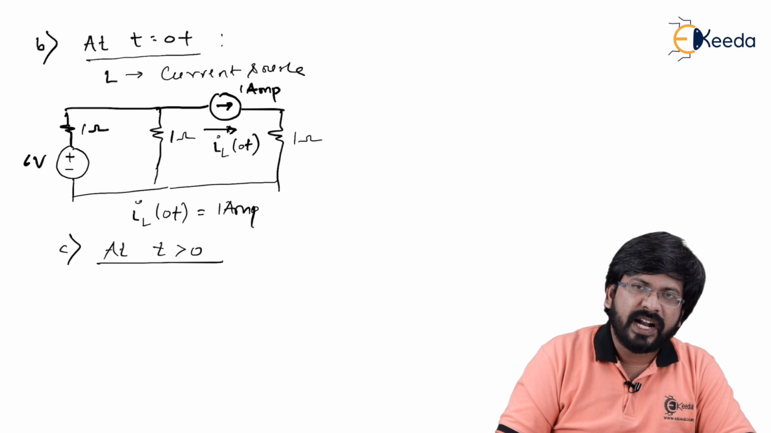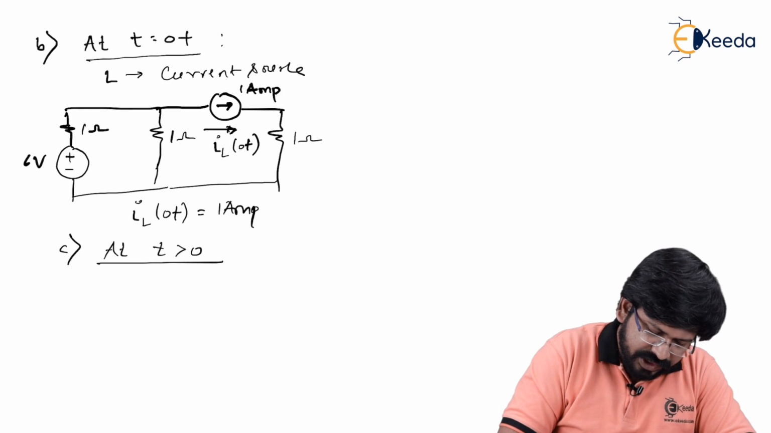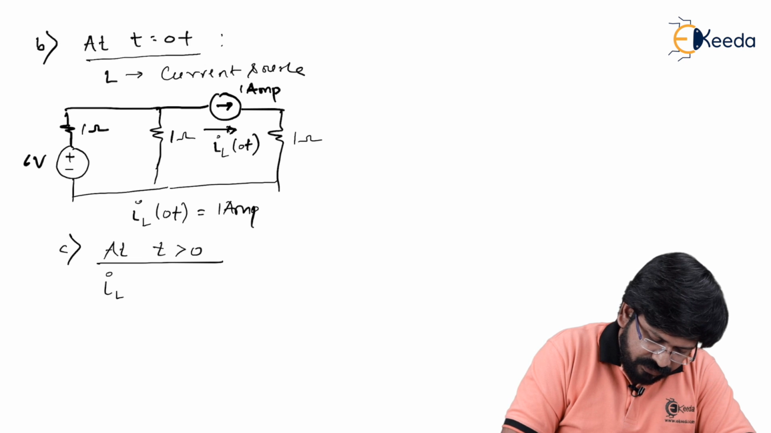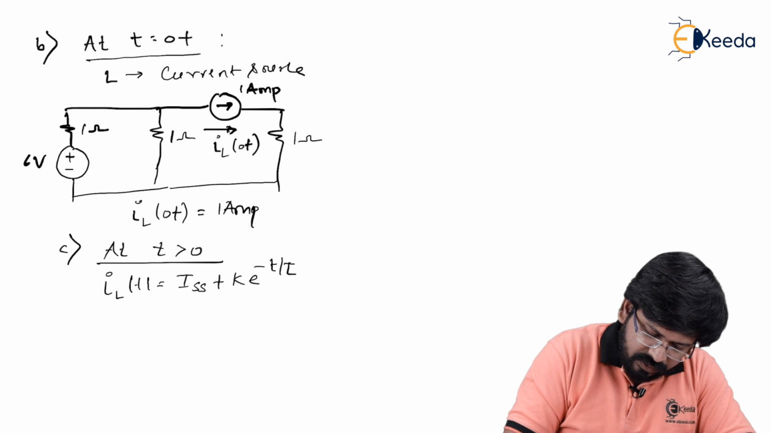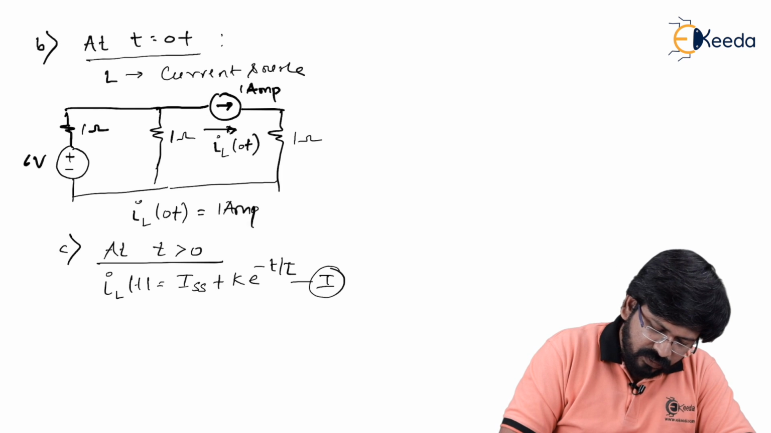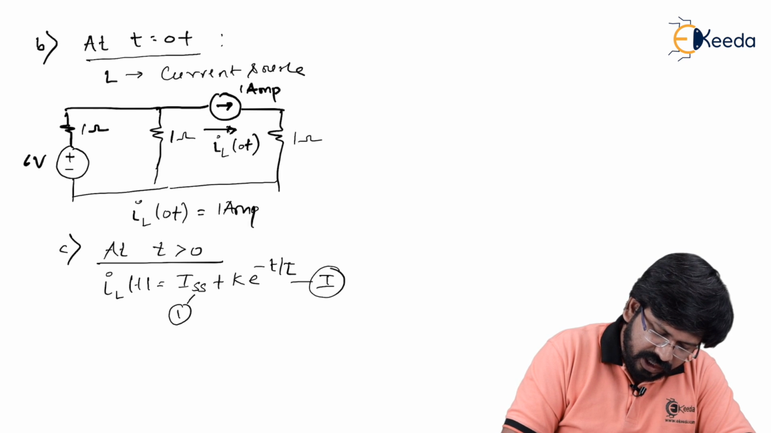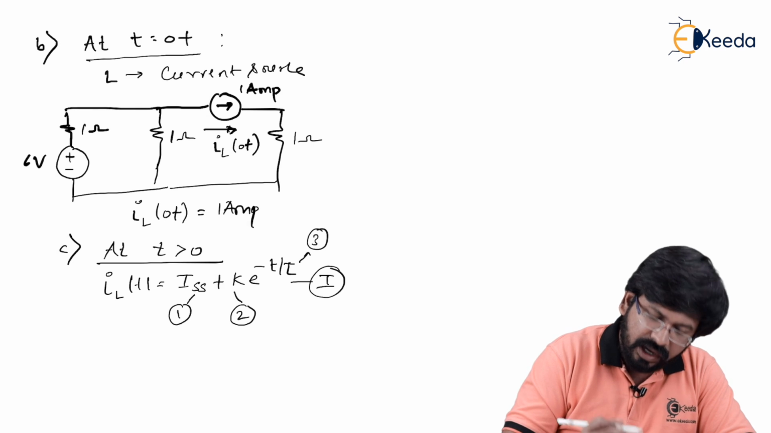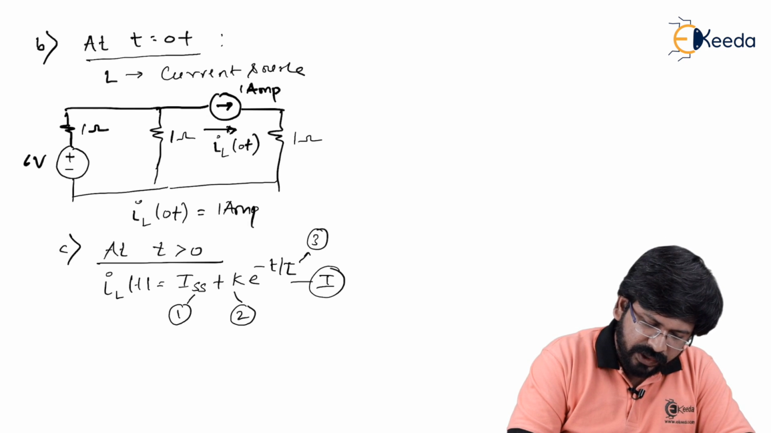So we know the fact that at t greater than 0 we have a straightforward equation, that is IL of t, it's simply ISS plus k into e to the power minus t by tau. Let me say this is equation number 1. You know the fact that we follow a sequence: steady state current first, finding k, and then finding tau, right? Now to find ISS,